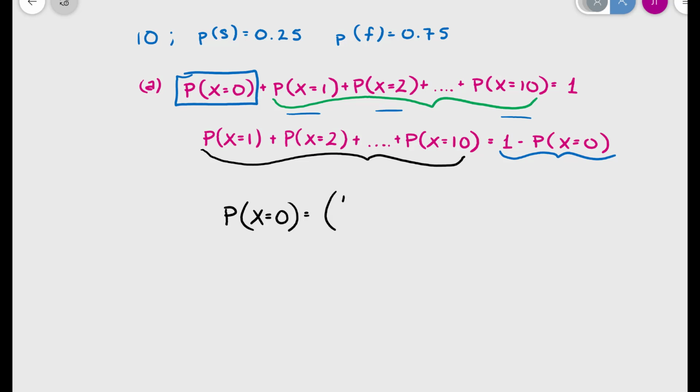We would get 10 choose 0. Probability of success is 0.25 raised to the 0 power times the probability of failure, which is 0.75 raised to the 10th power. And when we type that in on our calculator, this ends up being equal to 0.056314. So all I need to do now is subtract that value from 1,